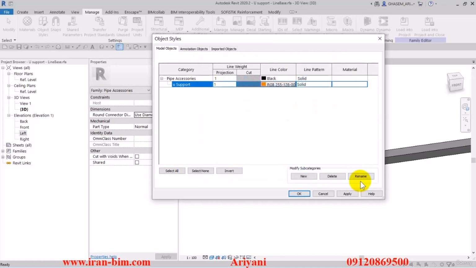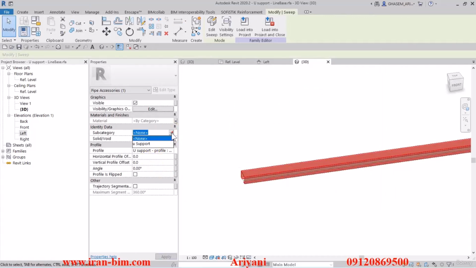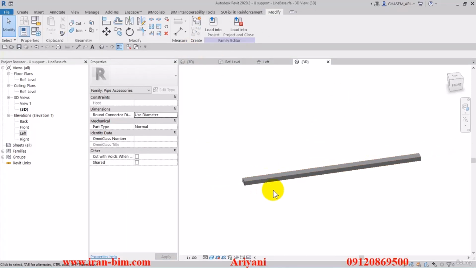Now we can select the color for it, which I'll go with orange for now, and then apply and OK. Now I'll select the structure itself and put it under the subcategory of use supports. Now this is the general shape that it gets, but next we're going to create